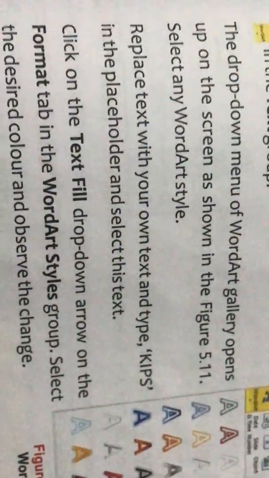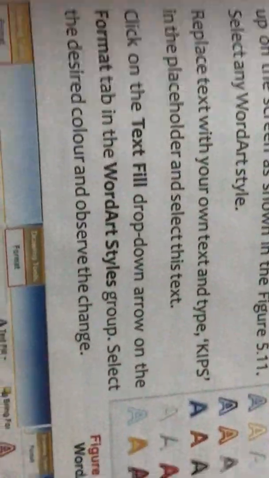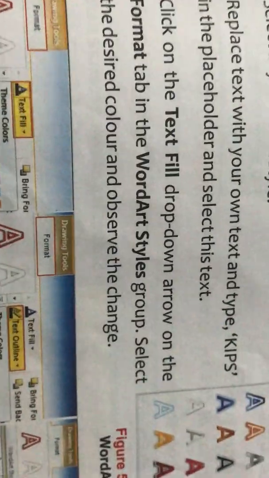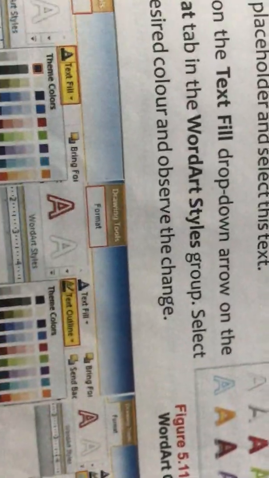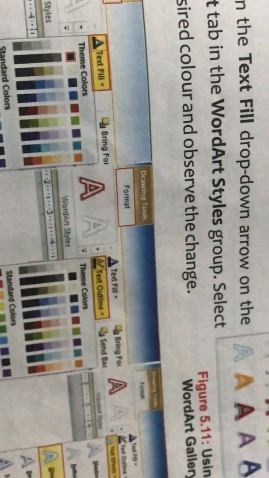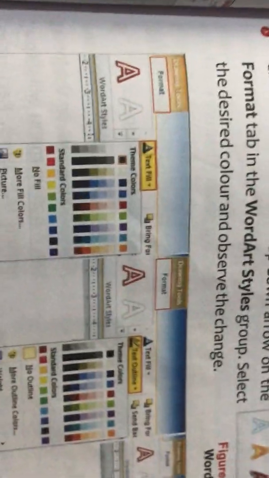Select any WordArt style. Replace the text with your own text, type Capsule in the placeholder, and select the text. Click on the Text Fill drop-down arrow on the Format tab in the WordArt Styles group. Select the desired color and observe the change.